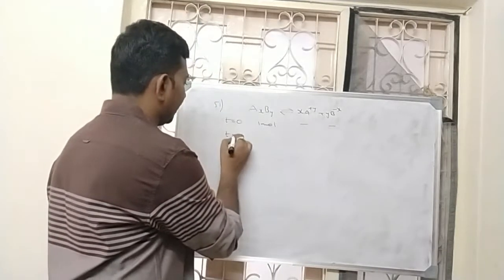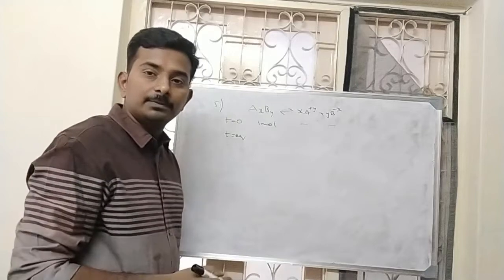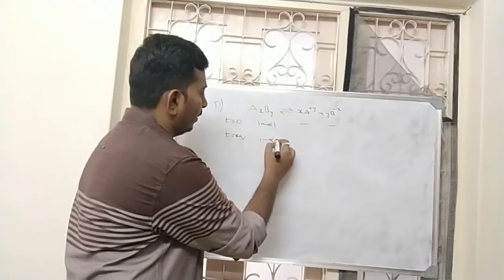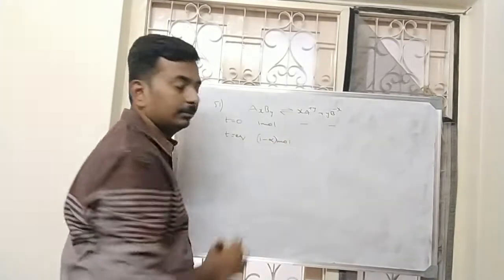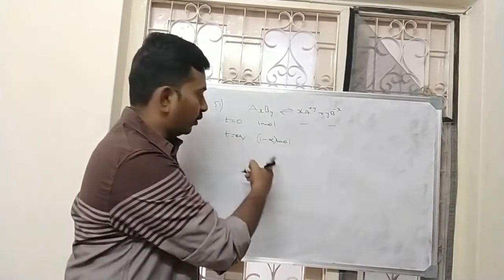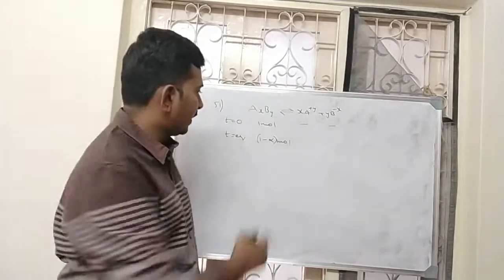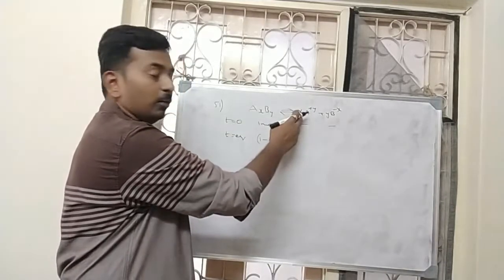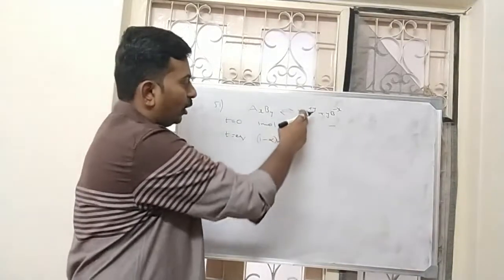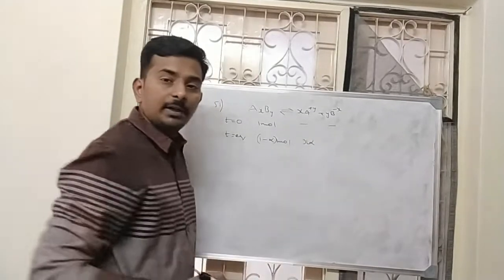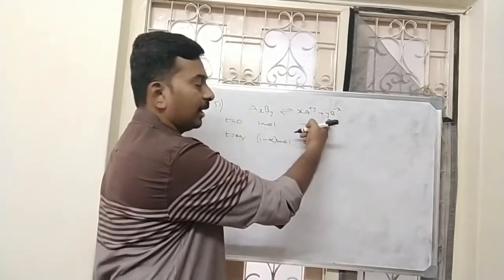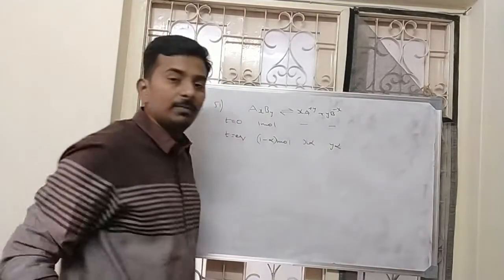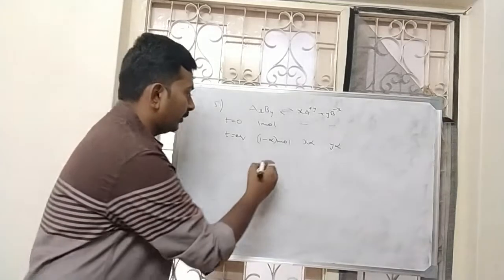This is a weak electrolyte, so equilibrium will be achieved. Once the equilibrium is attained, the amount of AxBy left out will be 1 minus alpha mole, where alpha is the amount of substance that has dissociated to products. How much amount of this will be formed? 1 mole is giving x mole, alpha mole is dissociated. How much amount of this will be formed? x into alpha. In the same way, 1 mole is giving y mole, alpha mole is dissociated. How much amount of this will be formed? y into alpha.